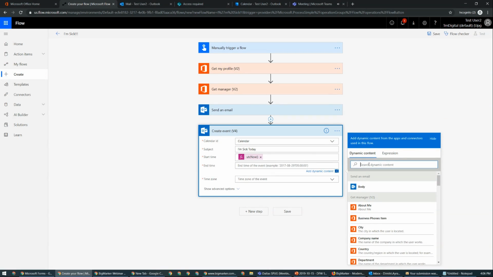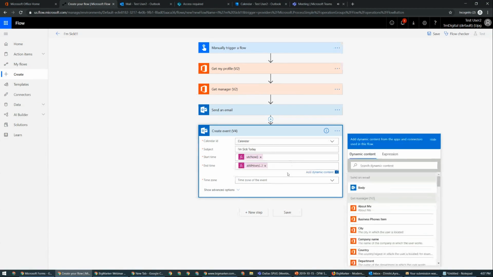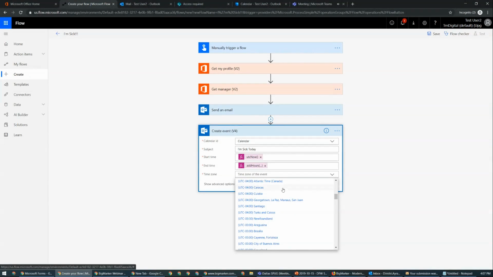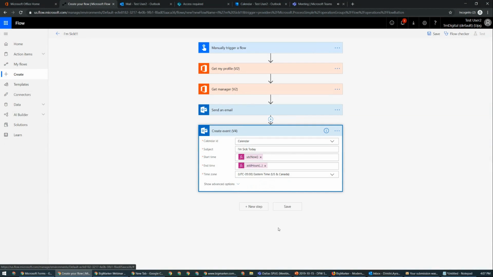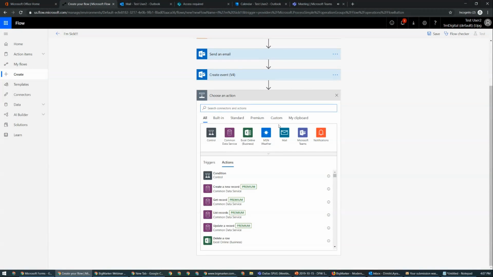And the end time, typically you might feel not the best first thing in the morning. So we want to go back to expression and say we want to add a few hours to the now. So we could pick add hours. We can say UTC now. And let's say we add 12 hours because we're probably not going to be feeling better anytime soon. And then we need to pick a time zone. I'm on the Eastern time, so I will pick the Eastern time. So pretty simple. Now, the next thing we want to do is also cancel all of our existing meetings and